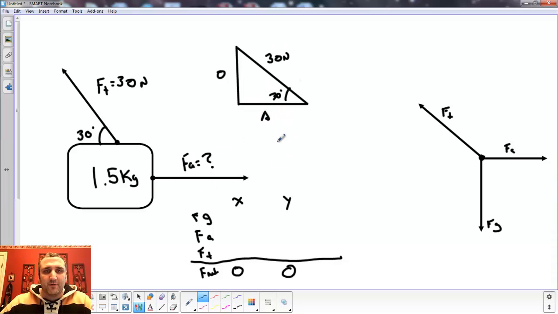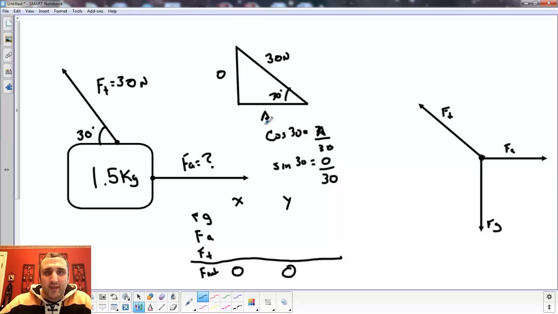And if we do this correctly, we should remember cosine of 30 equals A over 30, and sine 30 equals O over 30, so we can get both of these sides. And if we do this, 30 times cosine 30 gives you the A, 30 times sine 30 gives you the O, and you should end up with